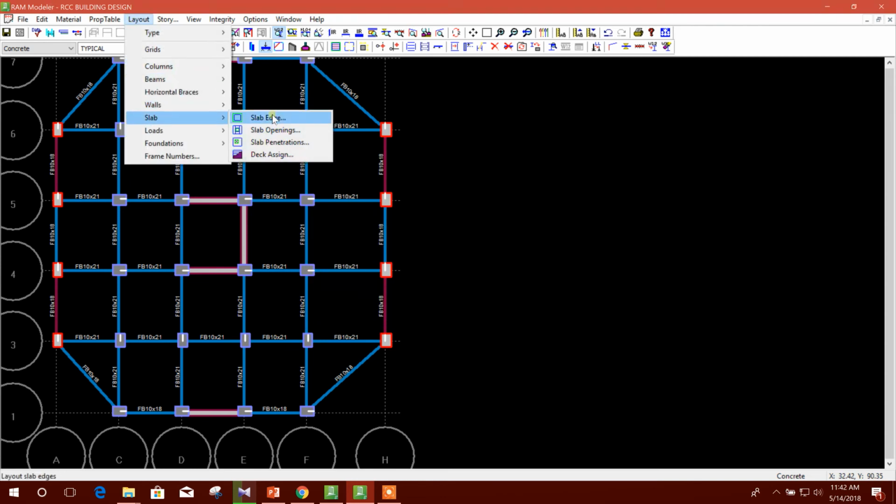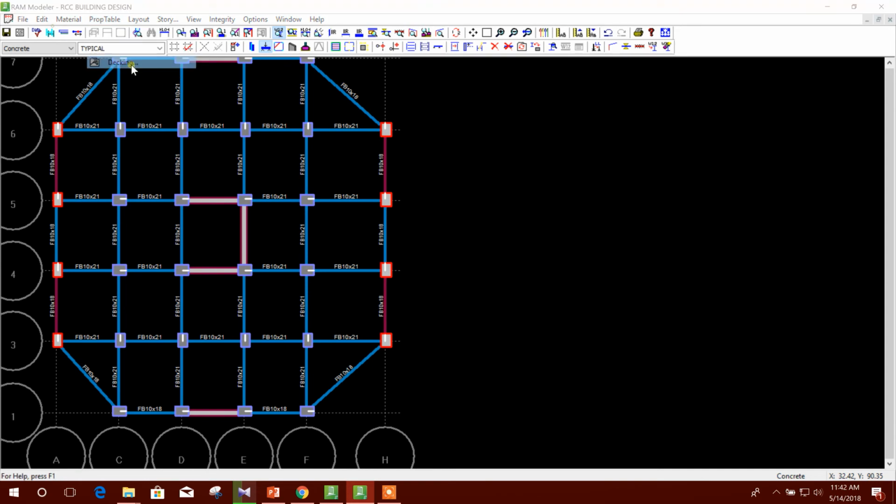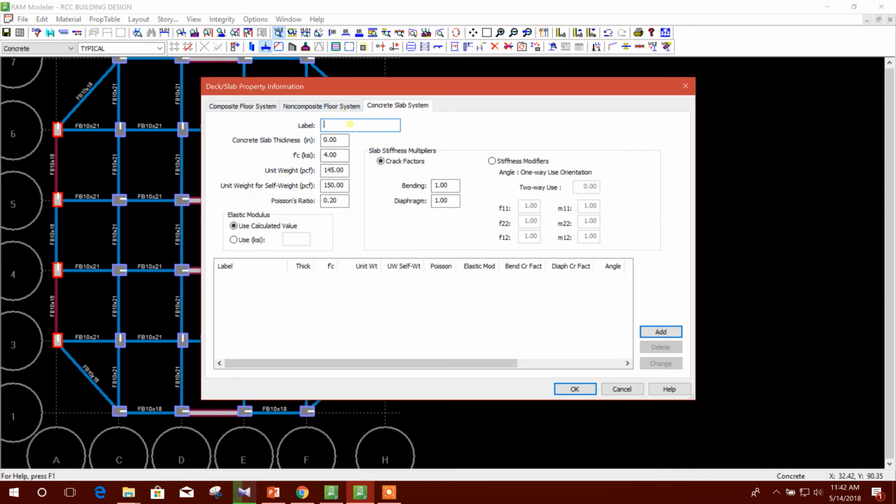Layout, go to slab. First we will create the slab thickness. Concrete slab system level is 6 inch or for example 7 inch. Thickness 7, 3.0 as we have provided in beam. Same concrete strength we will use for slab. Okay, others are okay. Crack factor, this one. Here we can provide stiffness modifier and we can change the angle. One way use orientation. We'll add this one. Okay,